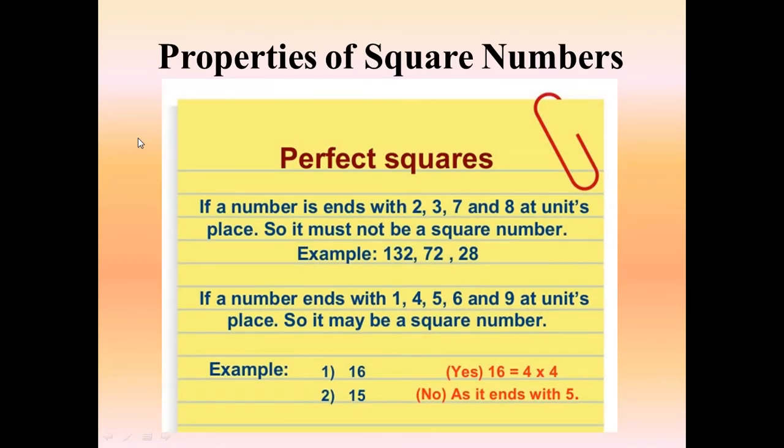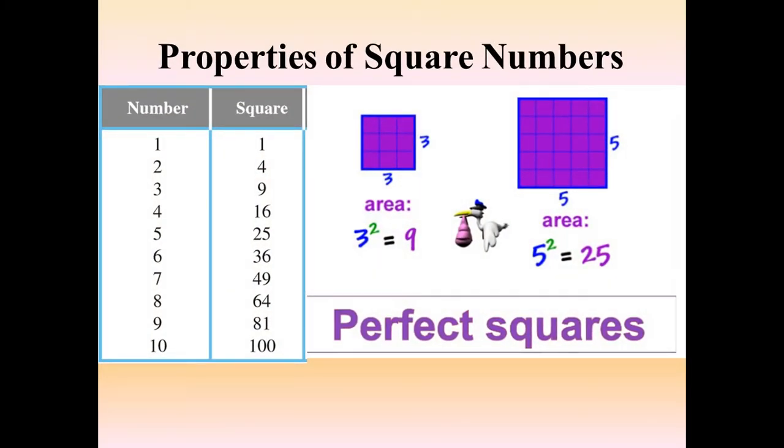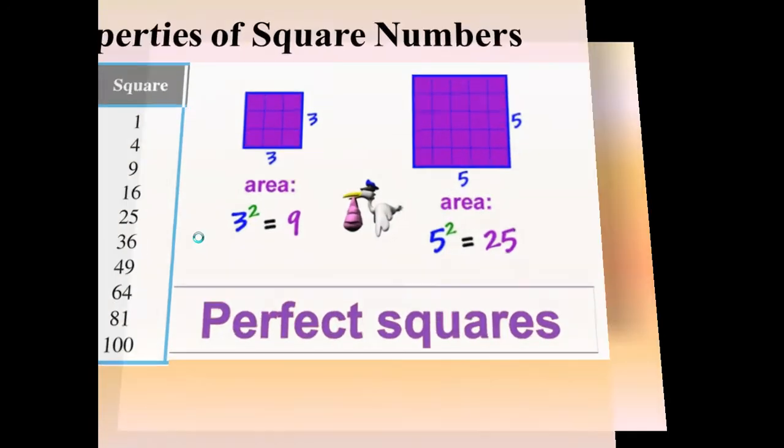Now the properties of perfect squares. Like I have said, when you square a number, one thing that is very much sure is that the unit digit of that square is known to you. Let's discuss the previous slide. In this slide we came to know that the digits which always occur are 1, 4, 9, 6, 5 and 0. So whenever you square a number, only these digits are going to occur as the unit digit of the square.